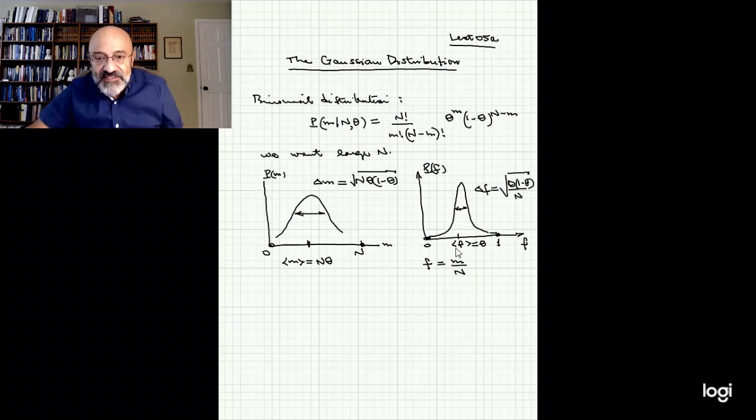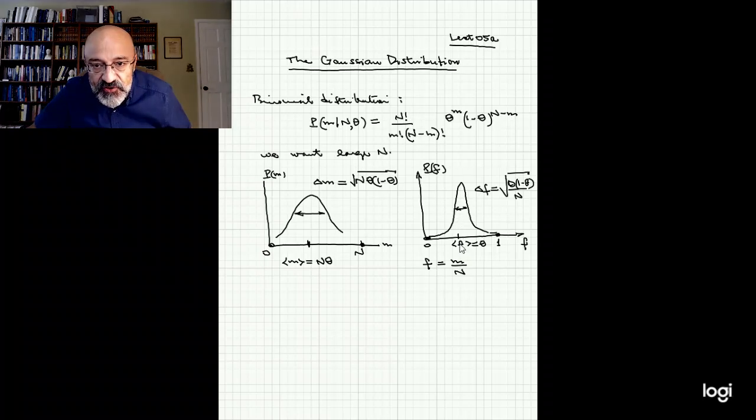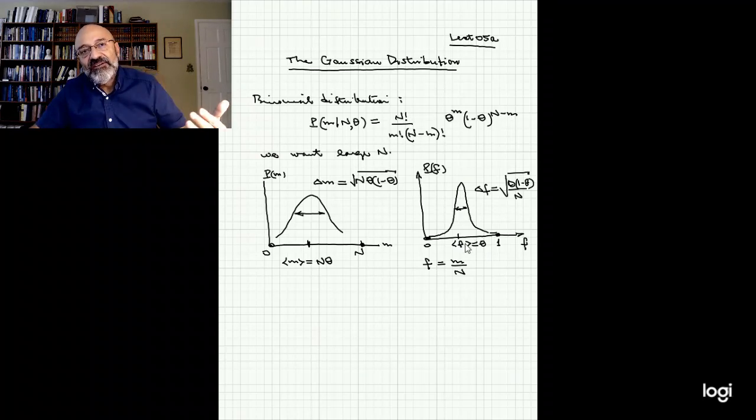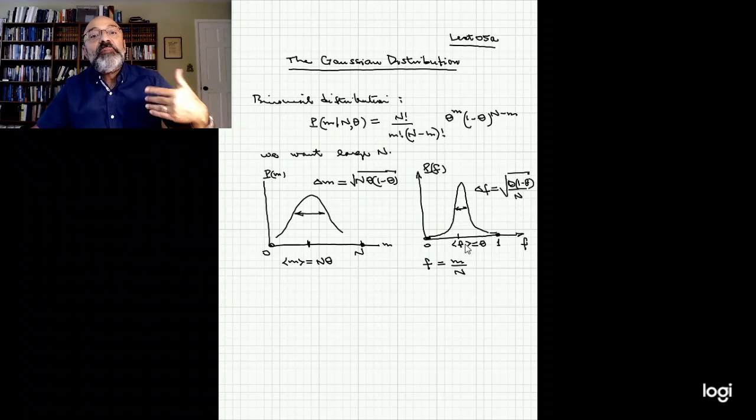The fact that this function here varies so rapidly about the maximum means that a straightforward, naive Taylor expansion is not going to work very well. We're going to need very many terms. So what we're going to do is a dirty trick here. We say, well, the function p may vary very quickly in the vicinity of the maximum. But if we take the log, we can make its variation much smoother.